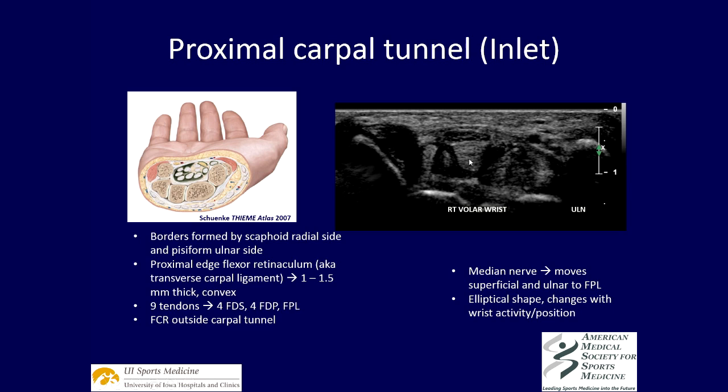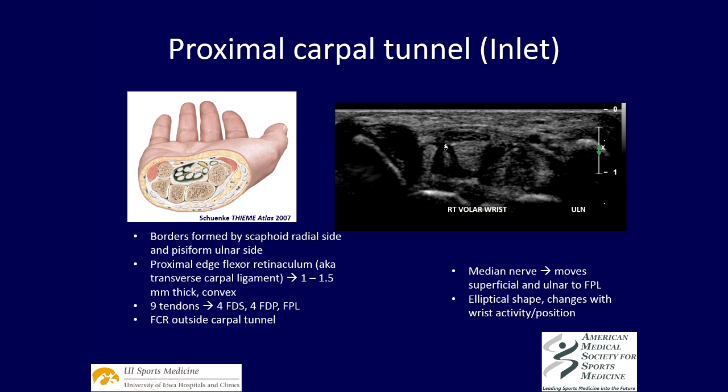The carpal tunnel contents include 4 tendons of the FDS and FDP respectively, as well as the flexor pollicis longus tendon, and then the median nerve. The flexor carpi radialis sits outside of the tunnel, overlying the scaphoid. The flexor carpi radialis can resemble the median nerve in appearance, and its location outside of the tunnel is important in making this differentiation. Also, you can perform a dynamic examination, and as you move proximally, we'll notice that the